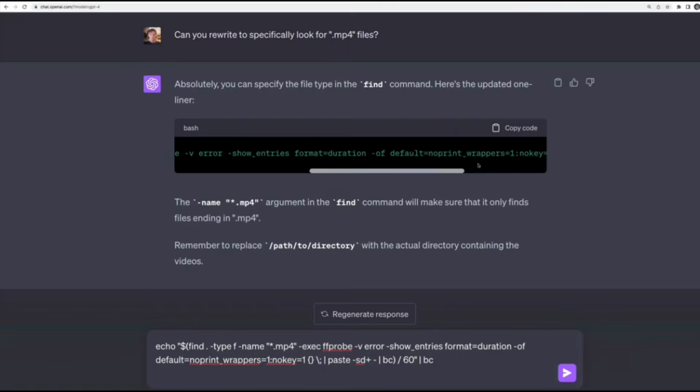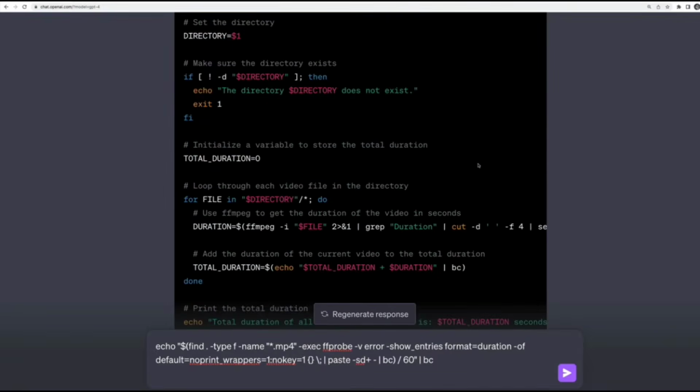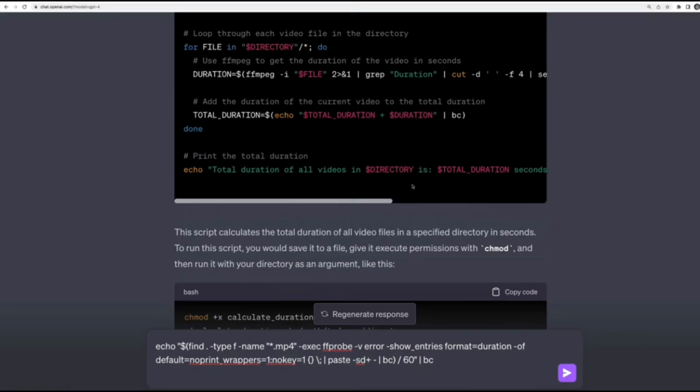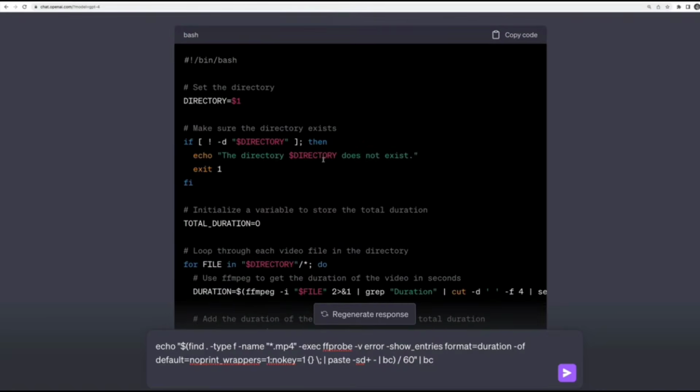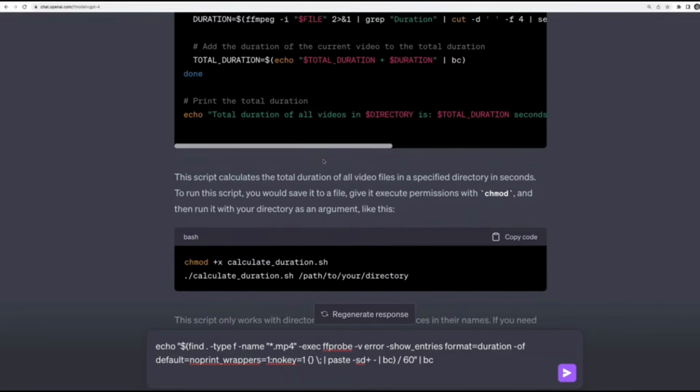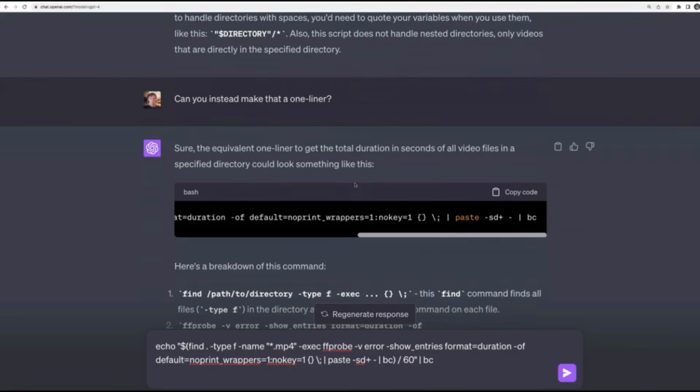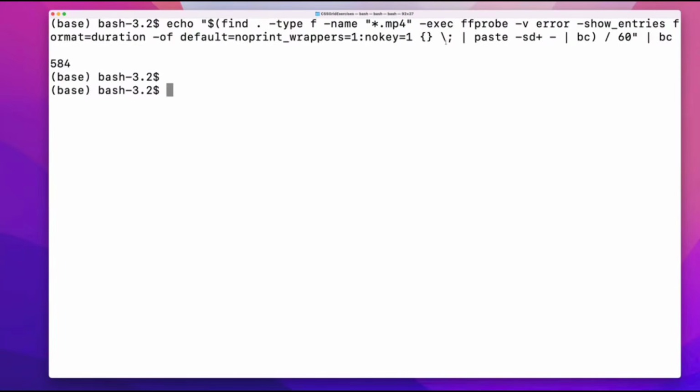I just had to go back and forth with it a couple times to improve the initial command it gave me. And finally, it probably would have been best just to go with a shell script from the beginning, put this in a script, make it an executable, give it some sort of name. That would have been nice. But I just wasn't sure if everyone was comfortable and familiar with doing that, so I just asked it to give me a one-liner instead. But then, of course, I have to remember this one-liner and copy and paste it every time, which is the whole point of creating our own executables. I can give them a name and run this as calc duration, cur duration, something like that. Get minutes, get hours. Anyway,